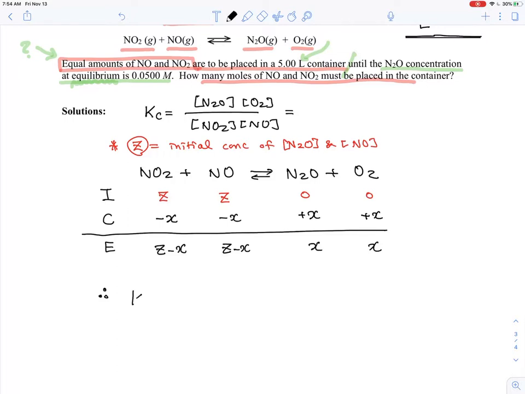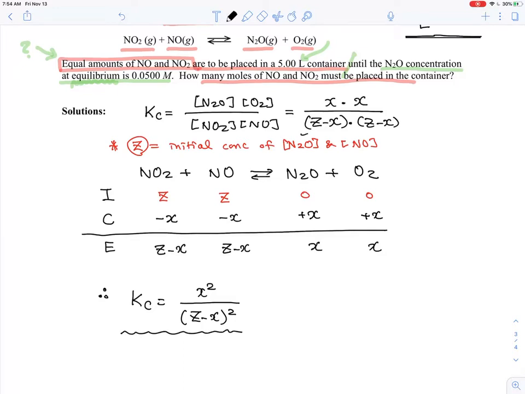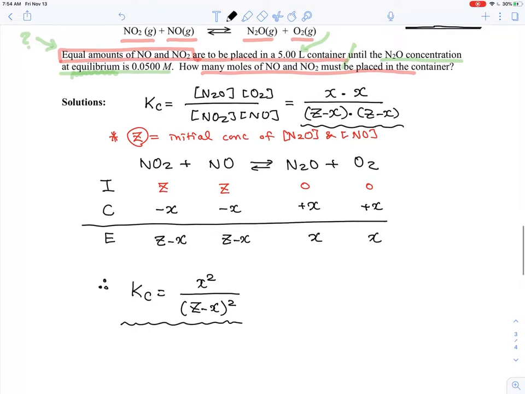So the Kc definition shown up above is going to be z minus x squared over x squared. So let me go up and write this one down once more: z minus x times z minus x over x times x. And that is the same as the one shown at the bottom here. And this is actually going to be very useful, because my headache here is trying to solve this quadratic equation. Yes, I can solve the quadratic equation in any kind of way, but can I make solving it much quicker? And if you look at this equation,